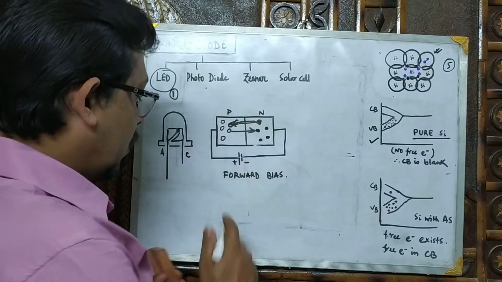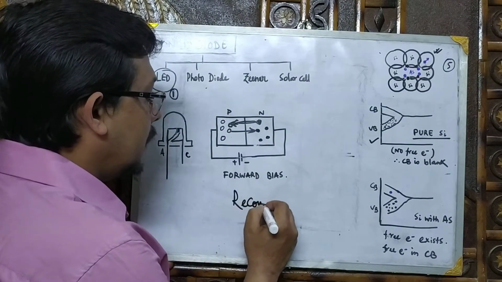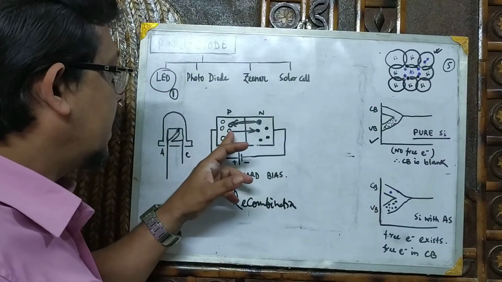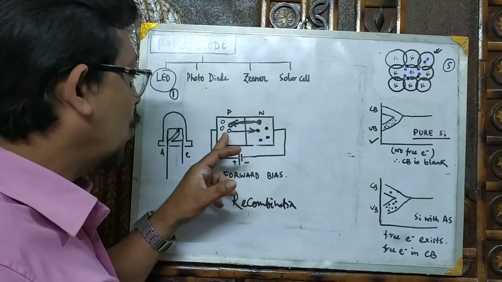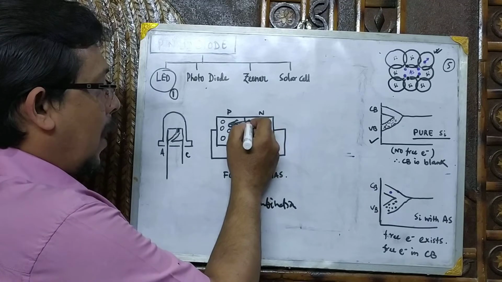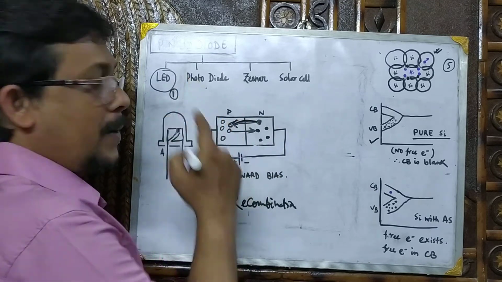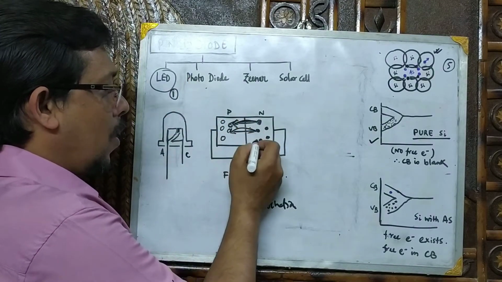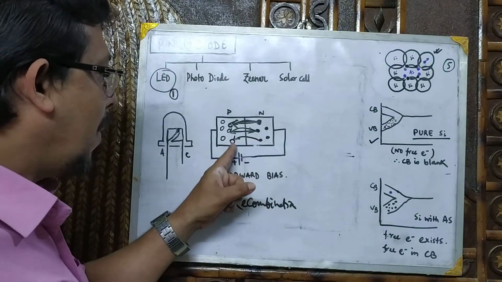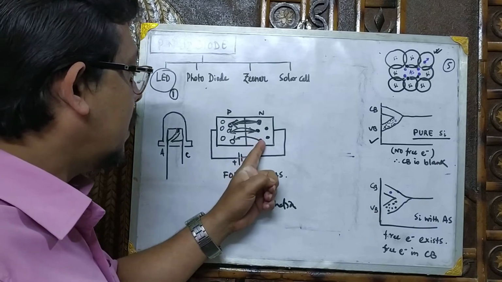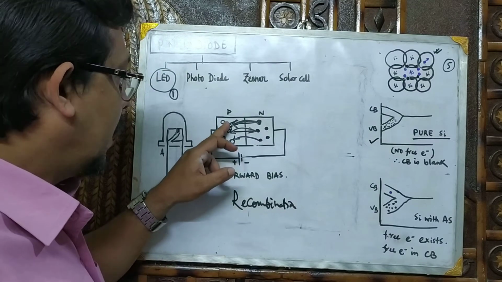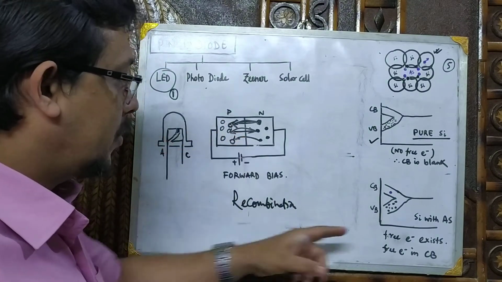The word is recombination. What is recombination? These electrons are free electrons, and holes are there because this is P-type, where boron was used, so one blank position was left. So these free electrons will now recombine with the holes of the P-type. All the electrons will come and recombine with the holes. When the electron recombines with the hole, what will happen? The electron was a free electron, meaning it was in the conduction band, but the hole is a valence hole, in the valence structure, so it was in the valence band.